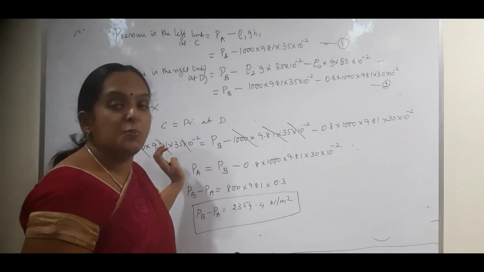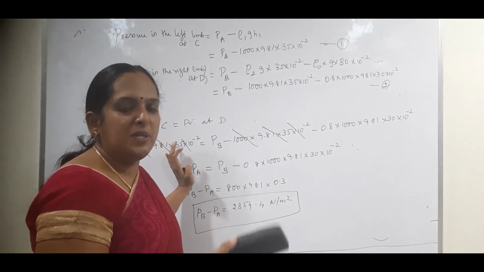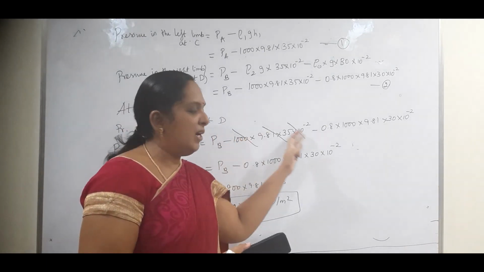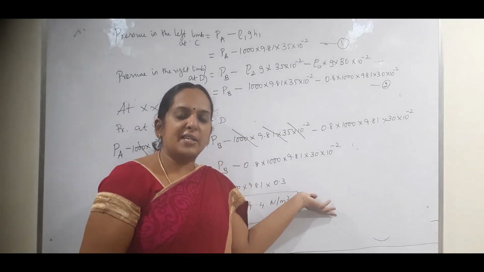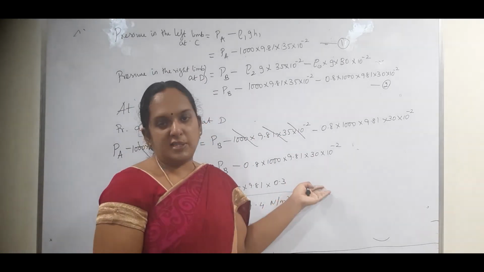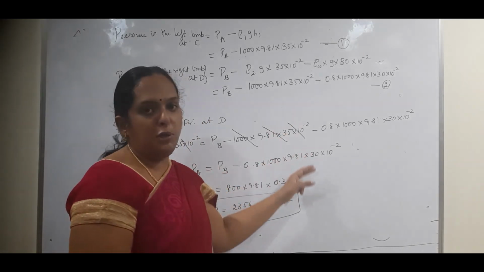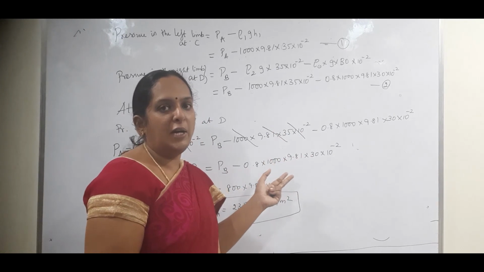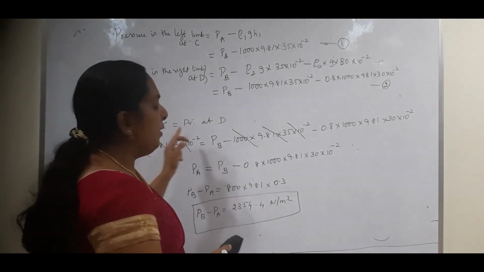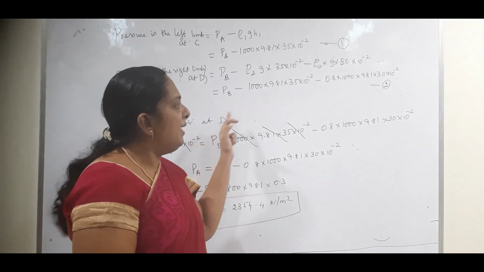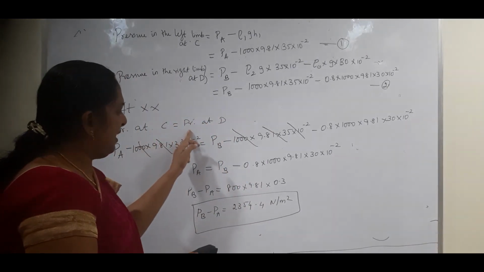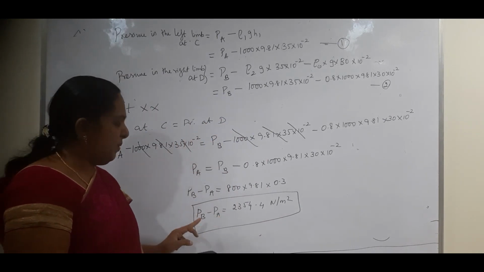What is the difference in this problem we have seen? Unlike the other problems, here the figure diagram is not given. So first we have to understand the question, then we have to draw the diagram. Then we have to identify what is given, what is asked, and what we have to find out in the diagram with respect to the other readings. Finally we find the pressure intensity in the left limb and the pressure intensity in the right limb, and we equate these pressure intensities because the points C and D are horizontal. At the horizontal the pressures will be equal, so we equate them and find the pressure difference PB minus PA.